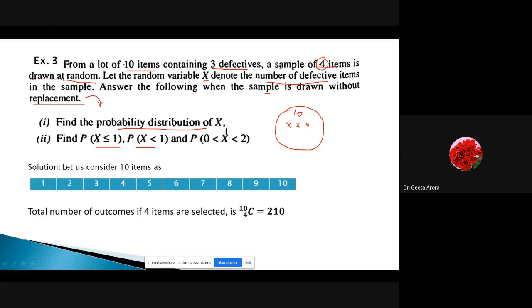So let us consider that we have these 10 items numbered from 1 to 10. If we remember, how do we find in how many ways we can select 4 items out of 10? It is given by 10C4. If any student has a doubt, let me know. Otherwise, we have already discussed in how many ways 4 items can be collected. We have learned that if r items are collected out of n, the possible ways are nCr. So here we select 4 items out of 10, and the total ways are 10C4.